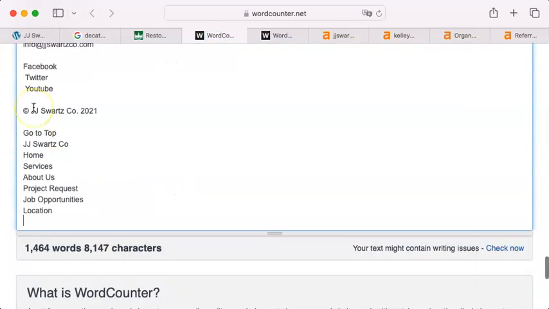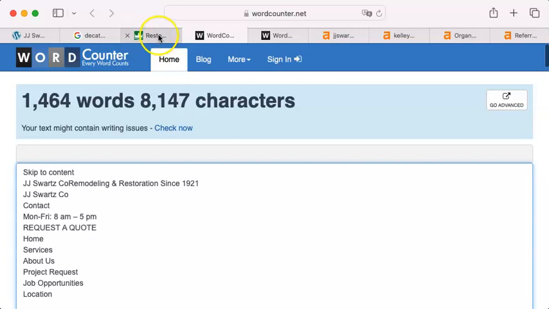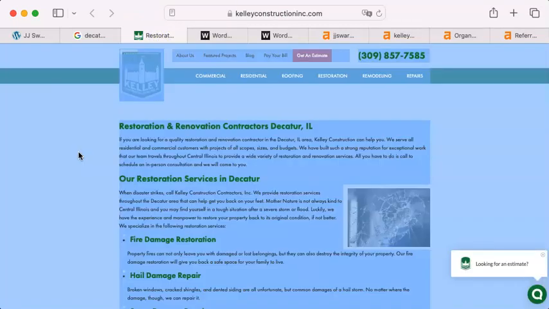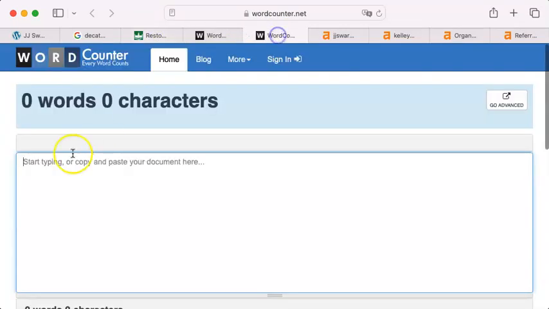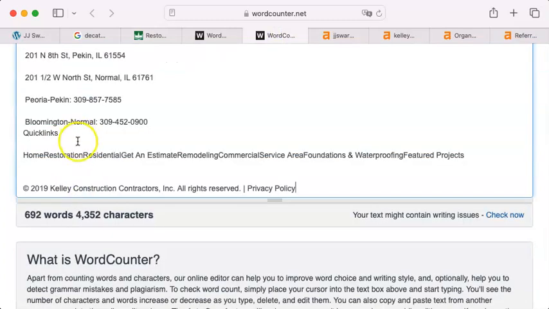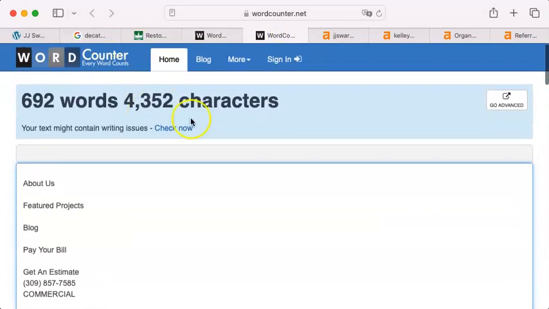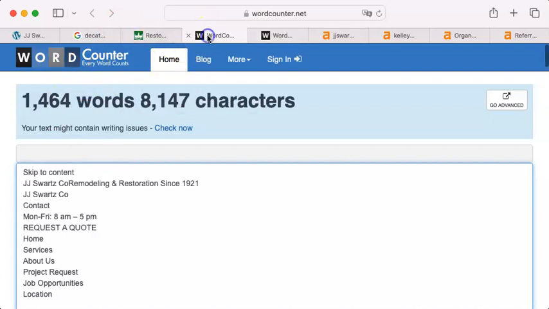You have 1,464 words. So close. I'm going to show you what I mean in a second here. Copy. I'm going to paste into this. That's them. 692 words. Now, normally you would win this because more is better. However, Google wants you to have a minimum of 1,500 words. You are so close. 1,500 words is the number of words that Google has determined is the minimum amount possible for you to be able to educate their search clients